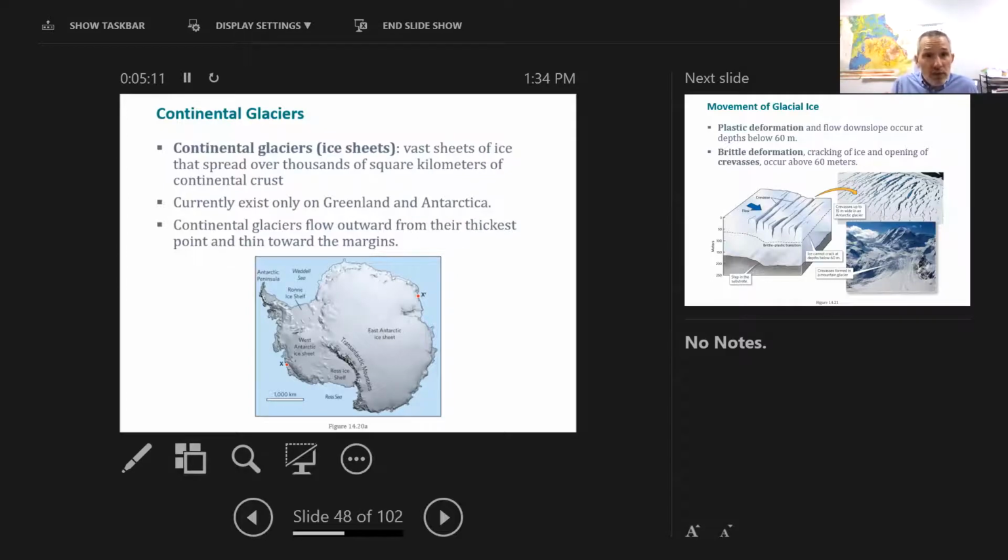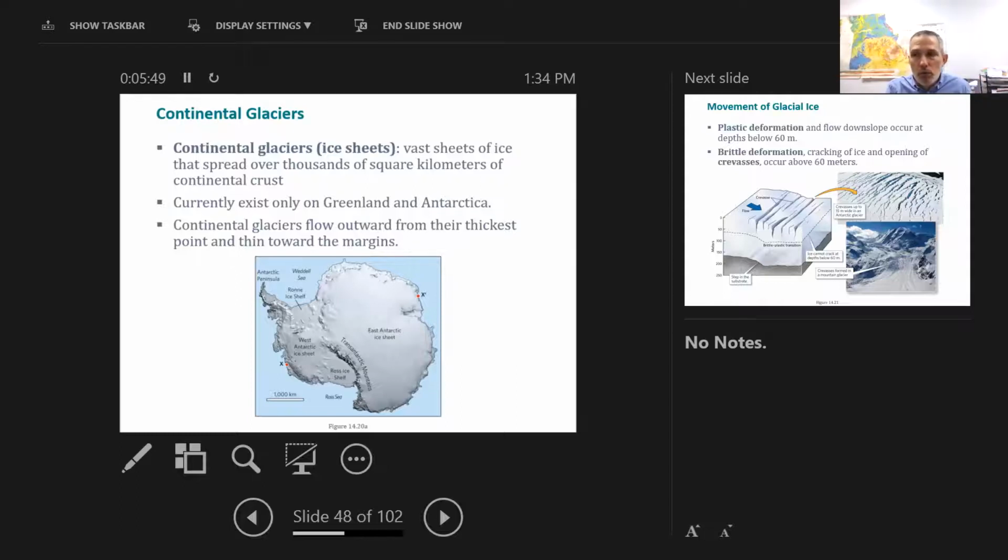Now the South Pole does have land over the entire region, and so the entire mass of Antarctica is in fact covered with snow, which can build up. We have more snow falling than melting. Even being in a desert like Antarctica, a very small amount of snowfall with very little melting is going to create these large glaciers. And so we have these big continental glaciers, these continental ice sheets, these vast areas that spread thousands of kilometers across and are going to flow outward from areas of high potential, high pressure to areas